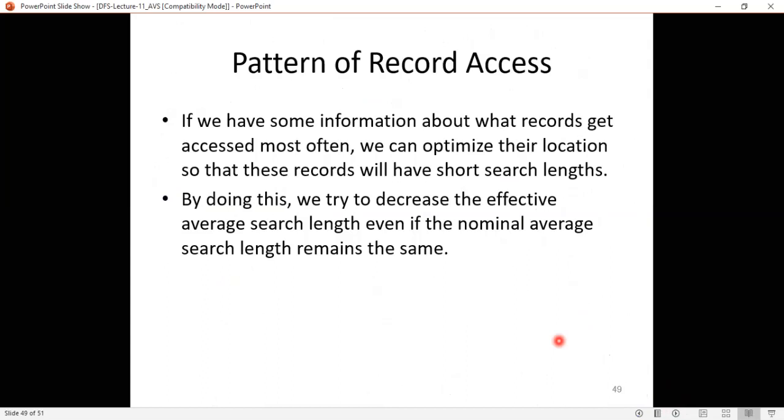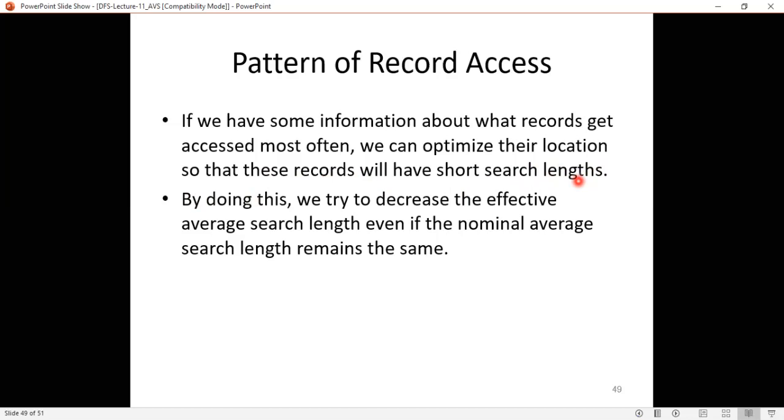Okay, next is the pattern of record access. What kind of pattern can you use for record access? If we have some information about what records get accessed most often, we can optimize their location so that these records will have short search length. That means, say, if you have 100 records, almost 10 to 20 records we access more often.